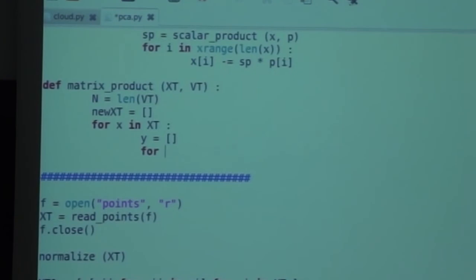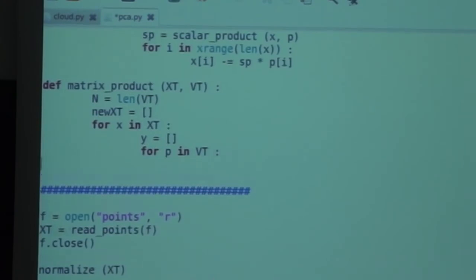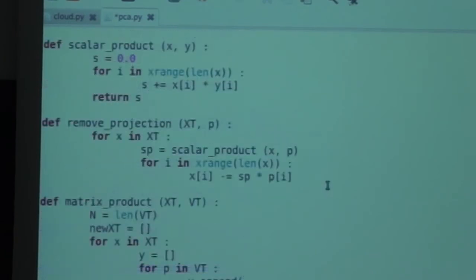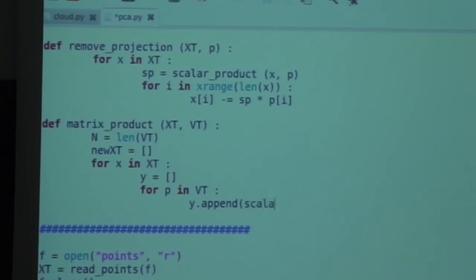So for every row of Vt, I just append to y the scalar product of